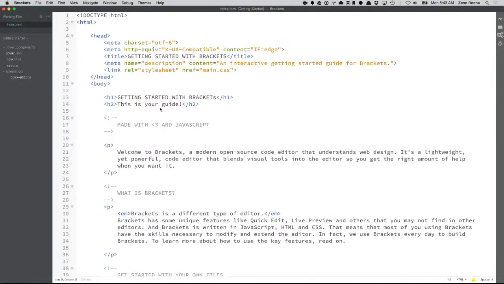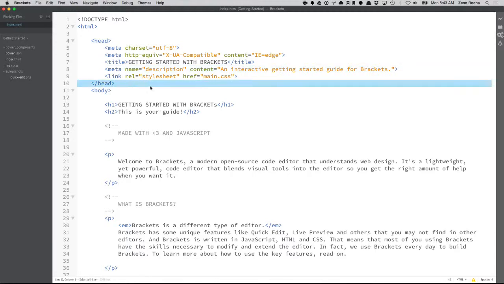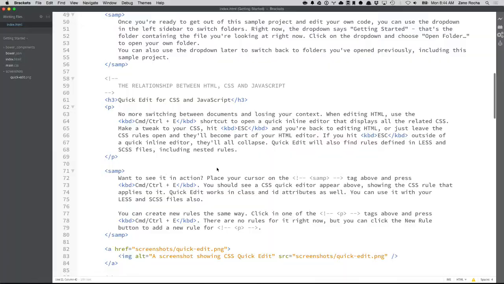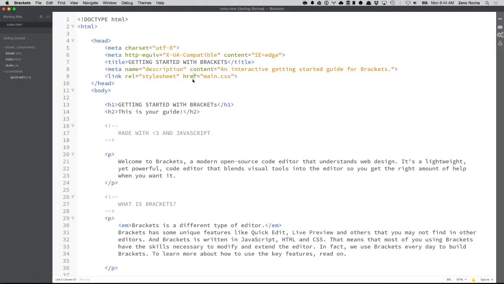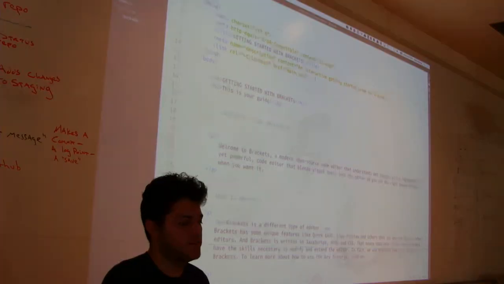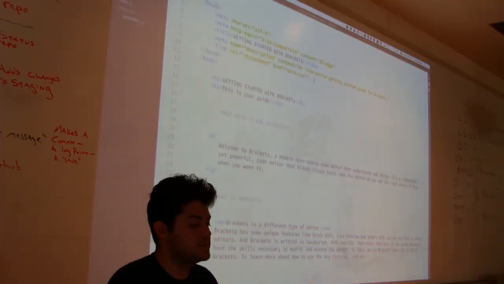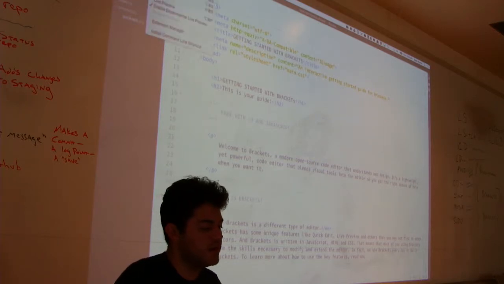What you're going to see here is, do you guys have this HTML file over here, Getting Started with Brackets? Are you seeing that? Cool. So this is just an HTML5 page. You have some content here, and Brackets has everything that you expect from a text editor. You can build whatever with Brackets, but they have some nice plugins, and that's what we're going to see. They have some built-in functionalities that are pretty cool, but they also have some plugins that are really nice, so let's explore them. If you go to File,